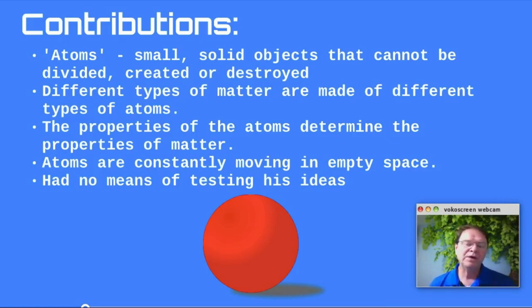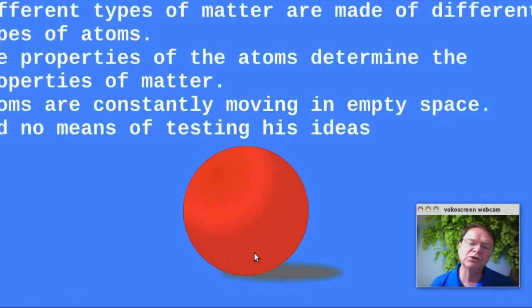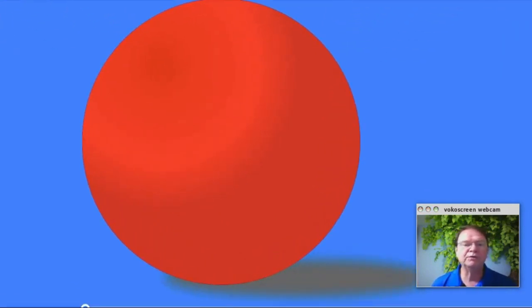There's also a problem with Democritus in that he had no real way of confirming the theory that he had. He believed that matter was eternal. That's all that they are. That's all existence is made up of these little particles. Okay? And so when you look at this little ball here in the middle of the screen, that's what Democritus said. At the end of the day, that's what everything is, are these tiny little balls that nobody can see.